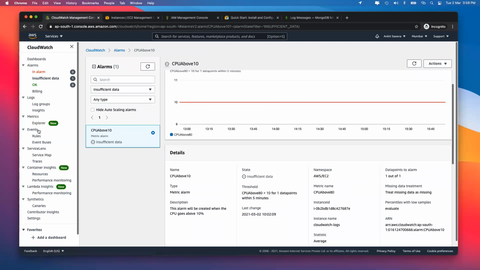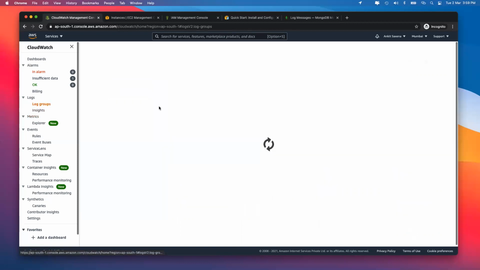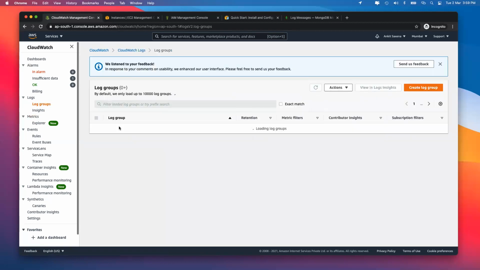In the next class, we'll see an interesting scenario known as CloudWatch events, in which case I can create my own rules, and these rules will be applied to whatever resources I want. It can be an EC2 instance, it can be my S3 bucket, and so on. So right now, it's good to have a look at the logs, create a few instances, a few alarms, and then have a look at the metrics. That will give you a basic understanding of how the instances work and what exactly the logs are.